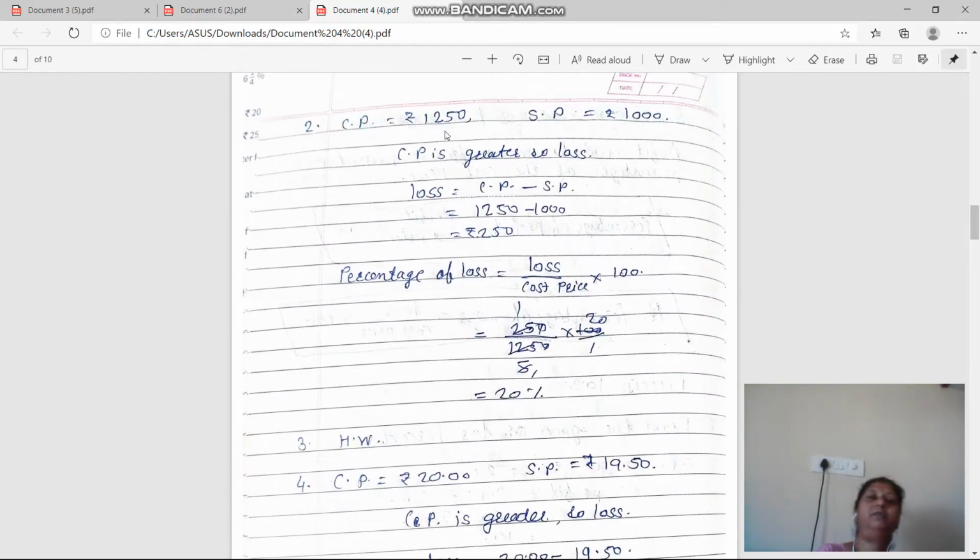Cost price is 1250, selling price is 1000. Now cost price is greater than selling price, so loss is equal to cost price minus selling price, that is 1250 minus 1000, we get 250. So percentage of loss is equal to loss upon cost price multiplied by 100, that is 250